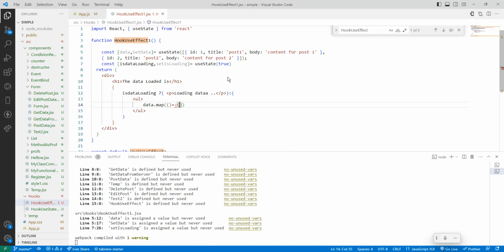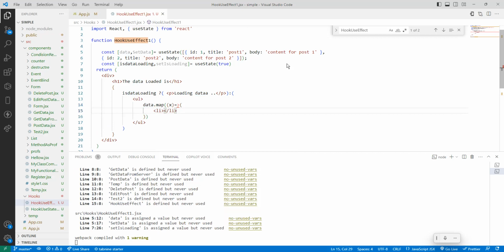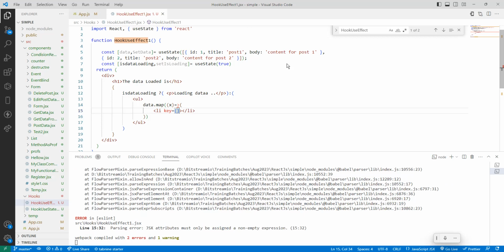So as I told, data dot, if I data, you can take an x. So all the data it contains, this is the data. So that data we are going to dump to the x. From here we are going to display data. So here the key prop equals x dot id